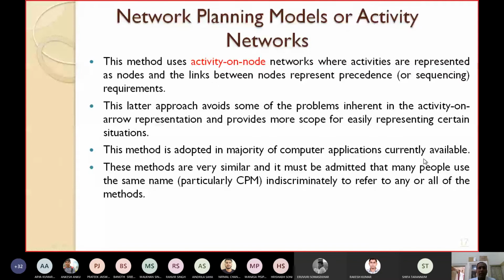These methods, that means activity on node methods, are very much similar, and it must be admitted that many people use the same name. Normally people use CPM for activity on node networks instead of activity on arrow networks.